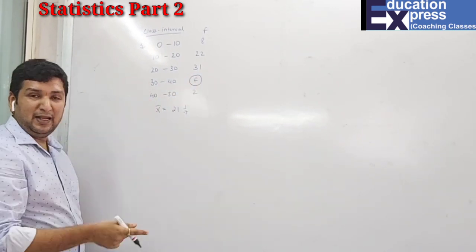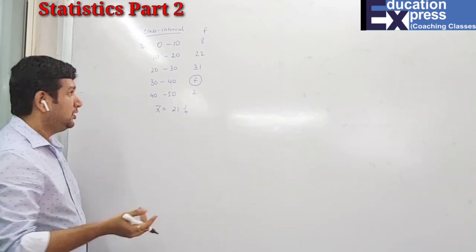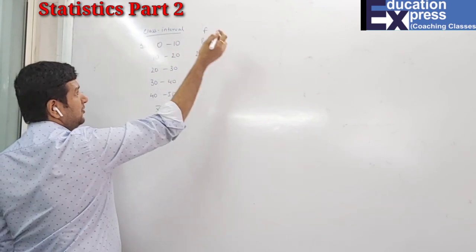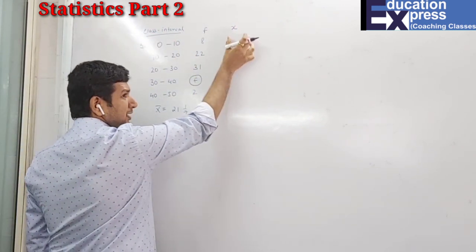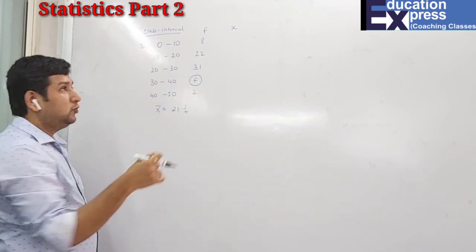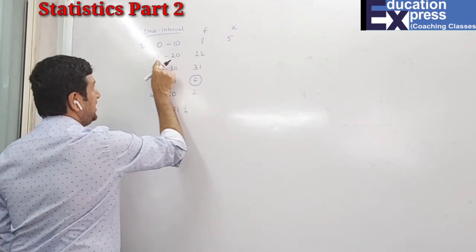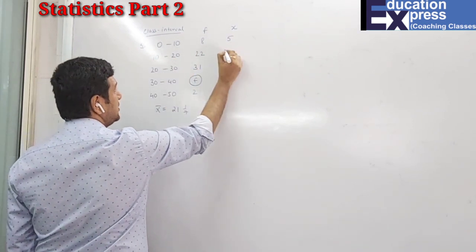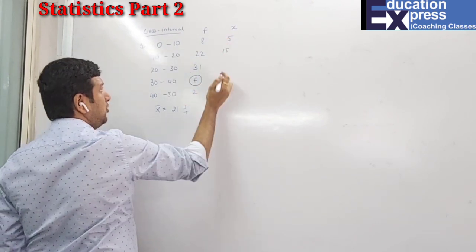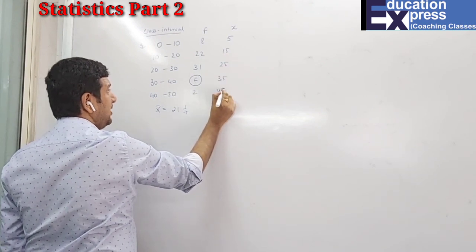We have done the same thing in an exercise before. That is actually missing frequency or missing observation. Now, as I have told you, whenever you have a class interval, the first thing you will find is your x, which is nothing but the observation. So 0 plus 10, that is lower plus upper divided by 2. 0 plus 10 is 10, 10 divided by 2 is 5. 10 plus 20, 30, 30 divided by 2 is 15. Now you can see the gap is 10, so throughout, with a gap of 10, you can take 25, 35 and 45.